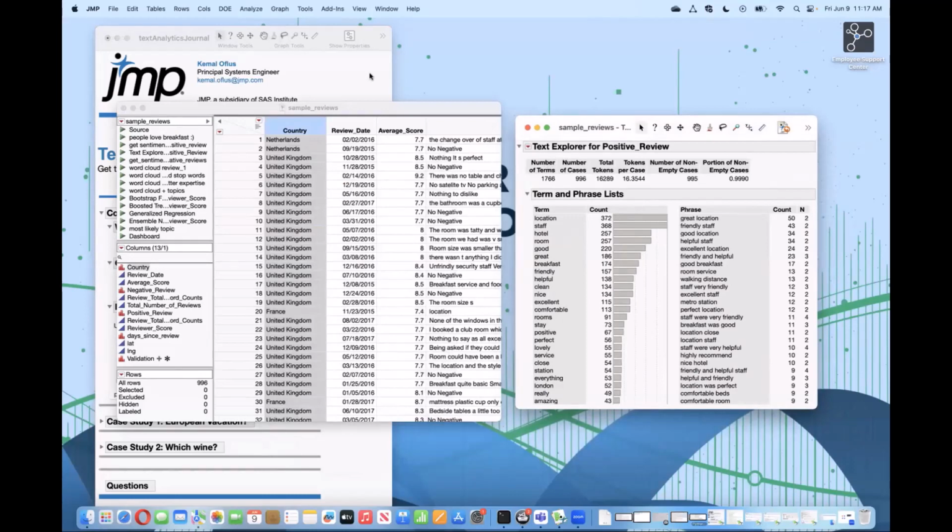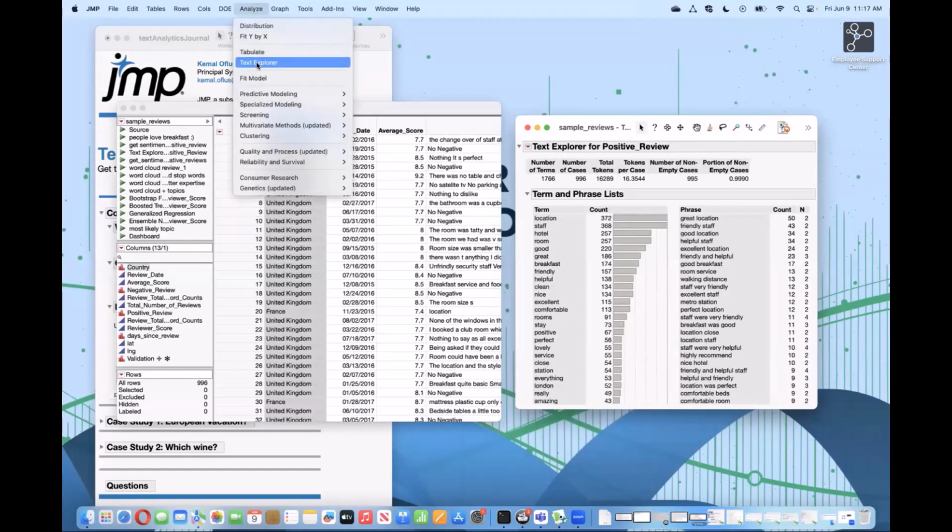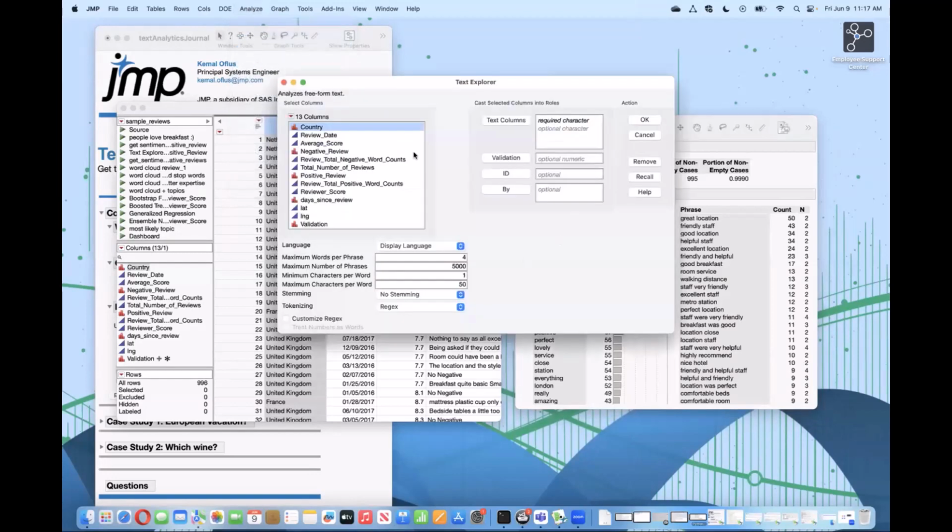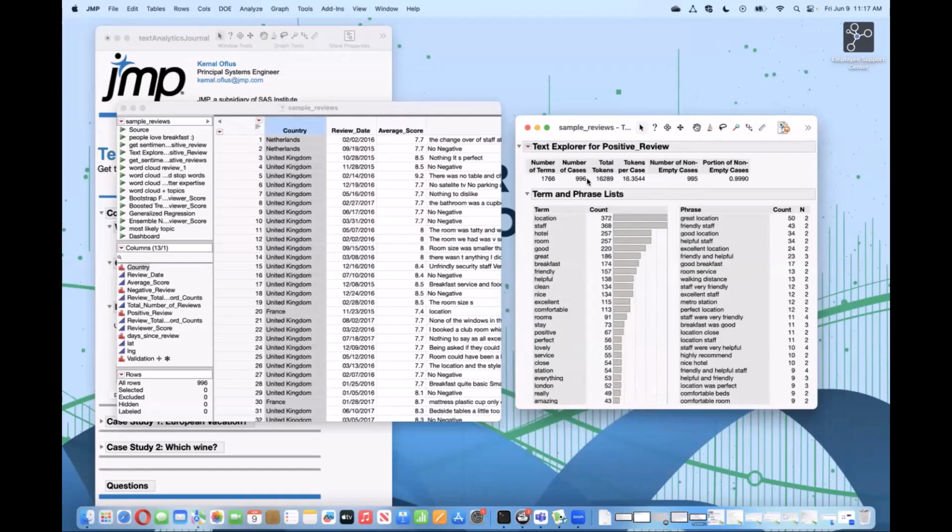And by the way, to get to that, we go to Analyze, Text Explorer. It'll take us back to the dialog box that we were in just a minute ago. So the Text Explorer platform will give me a number of terms, meaning how many individual words show up in the full corpus, meaning all these 996 rows of data that I have, my full corpus of these positive reviews. There are a total of 1,766 terms, 996 cases is my number of rows, and there's